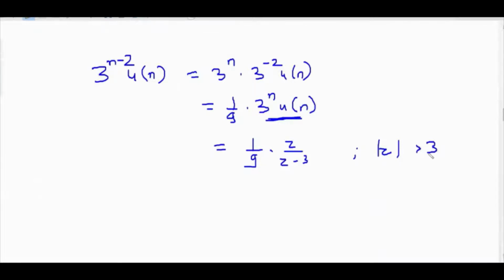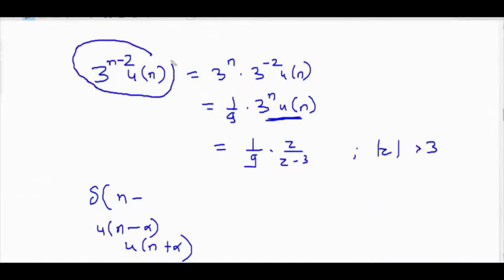So when should you apply the time shift property? Whenever there is a shift in some standard functions like delta n minus or delta n plus some constant, or u of n minus or u of n plus some constant. In that case only you should use the time shift property. Otherwise no need to use it. So for such a question, don't apply time shift property. Don't get confused. See the question properly. When to use it? Whenever u of n minus alpha, u of n plus alpha, delta n minus alpha, delta n plus alpha, such types of signals are there, then you should use the time shift property. Don't use it unnecessarily.